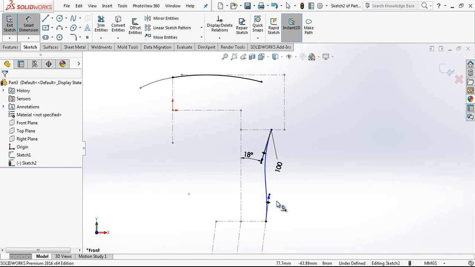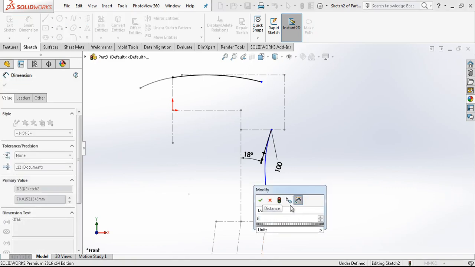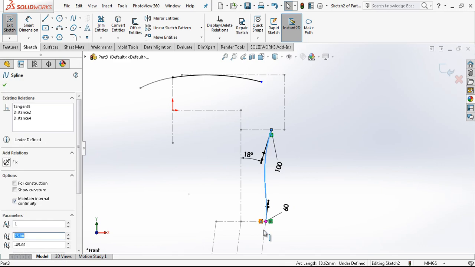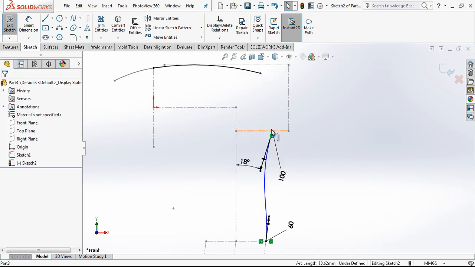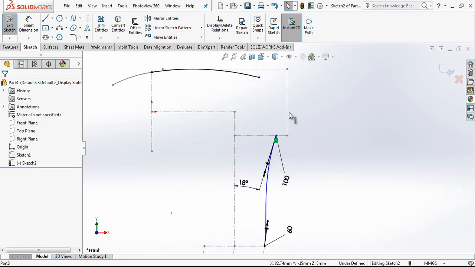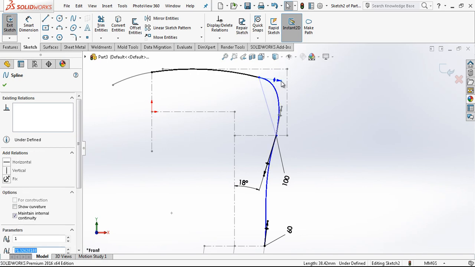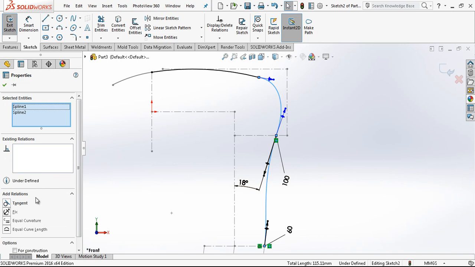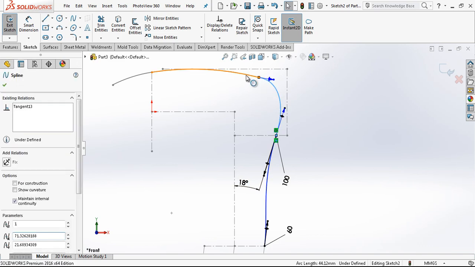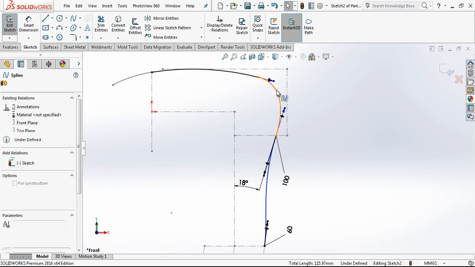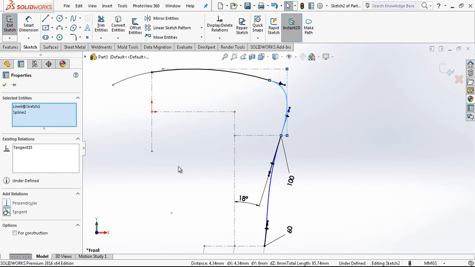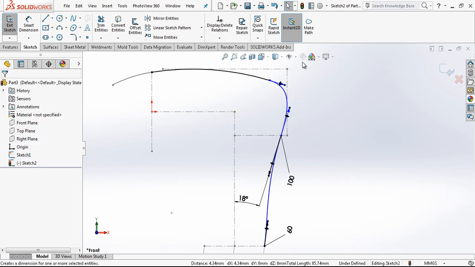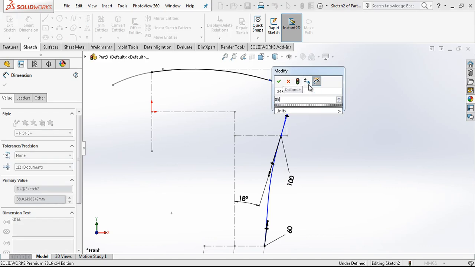Here we already made a tangency operation, that's why I'm not changing it. Now the other spline, the connection spline between the two, and here these two are tangent, here these two are also tangent, and after this we create one more tangency here, and now the values 85,